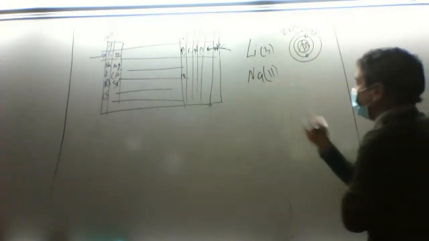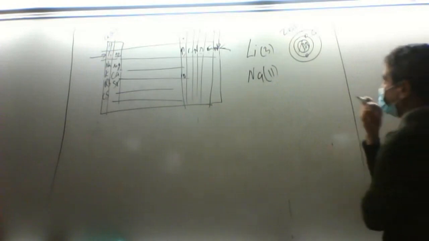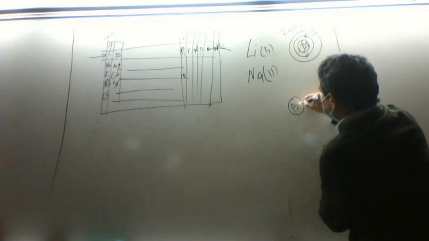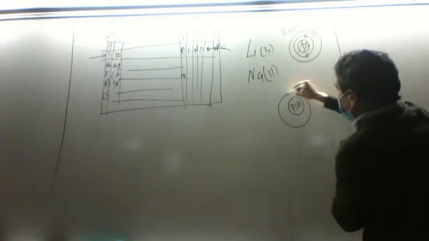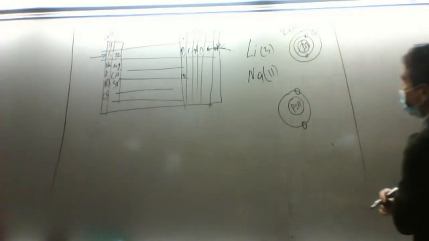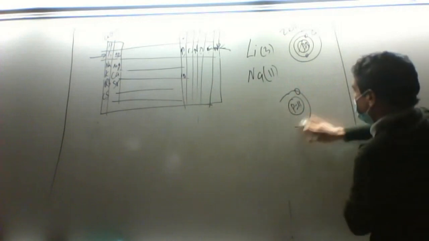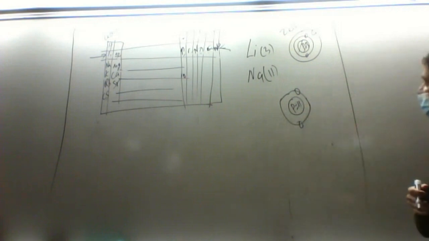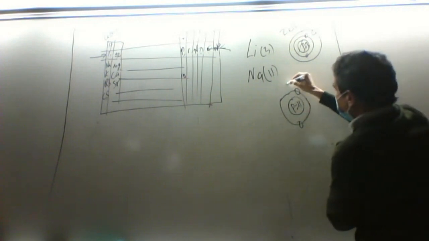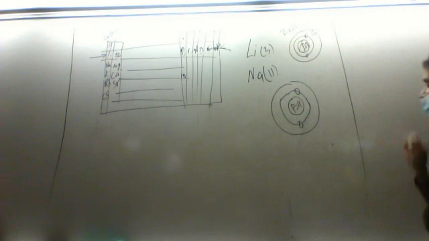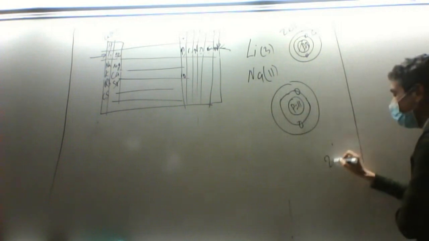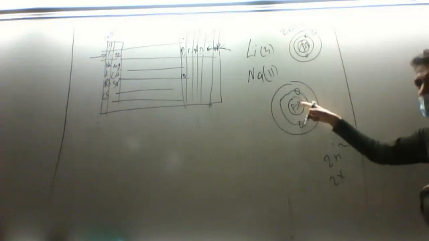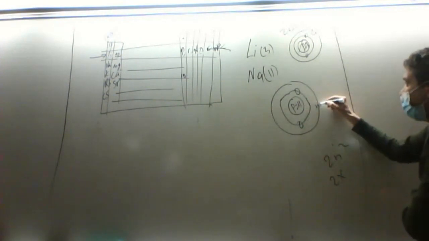Good. Now let's talk about the effective nuclear charge in sodium. I'm going to draw that one again. The number of protons is 11, and this is the first orbit. I might have drawn it bigger, so don't get confused. Now I have another orbit here, the second orbit. According to the 2n squared rule, this is n equals 1, so I put 2 electrons. For n equals 2, n squared is